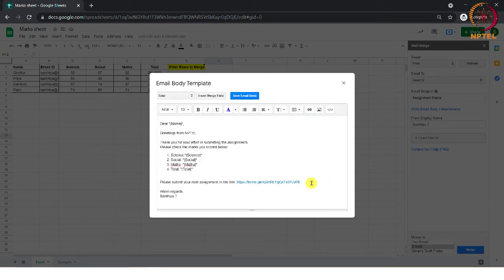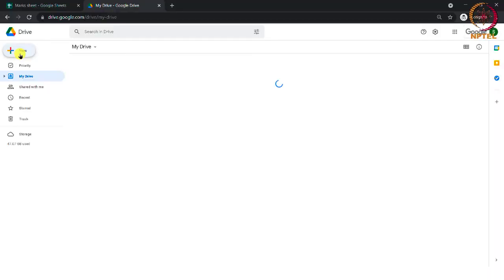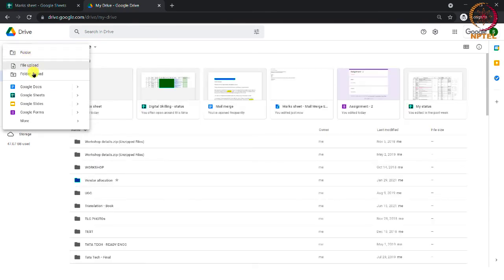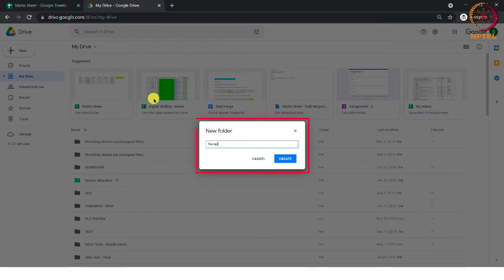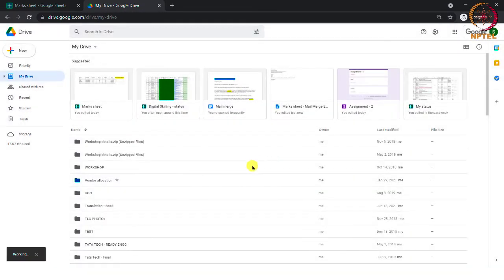If you want to add an attachment to your email, you can add the attachment to your Google Drive, make it a public document and get the link, and you can paste it here as I am showing you now. As you see here, I have uploaded a sample document in my drive, and I want to make this document a public document.